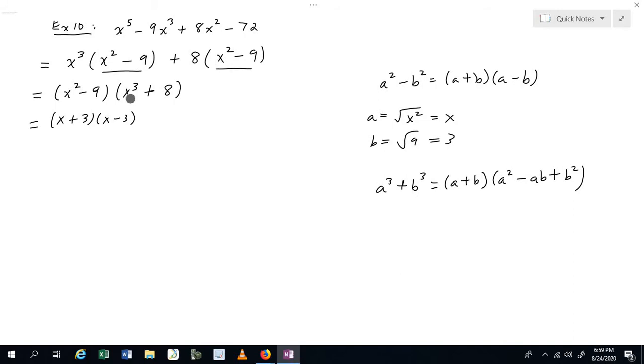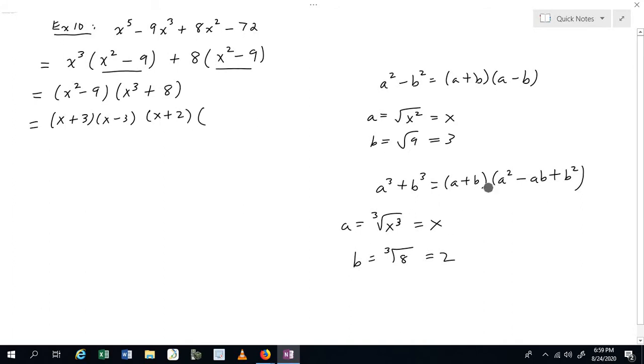Okay, but this is also a binomial, so you want to check again to see if it falls into one of the special cases, and it does. It's the sum of cubes. Okay, and so you can check here the cube root of x cubed is x, and so that's your A, and then your B would be the cube root of 8, which happens to be 2. And so this is going to factor into x plus 2,